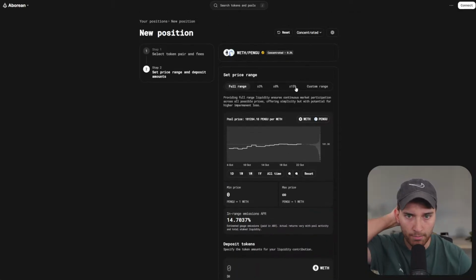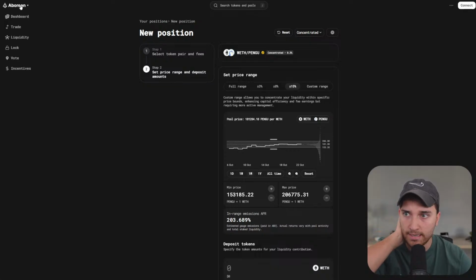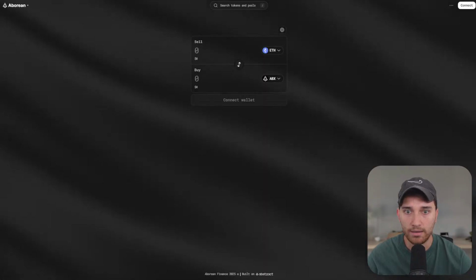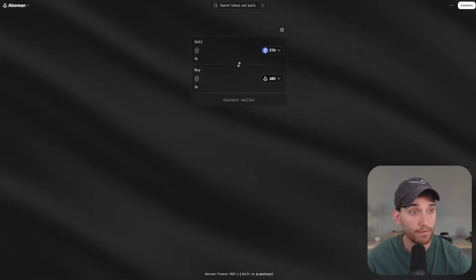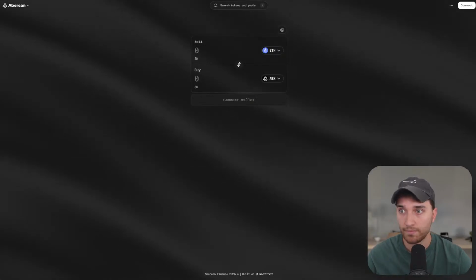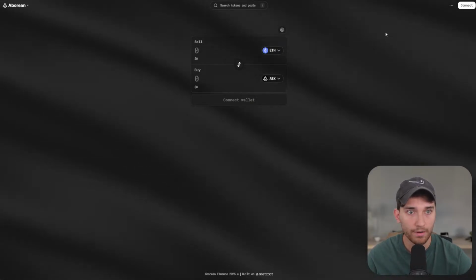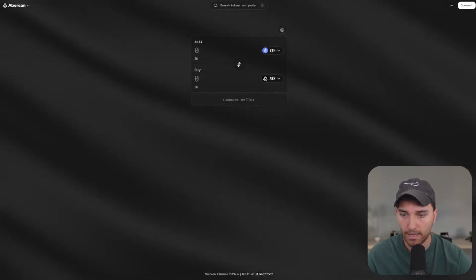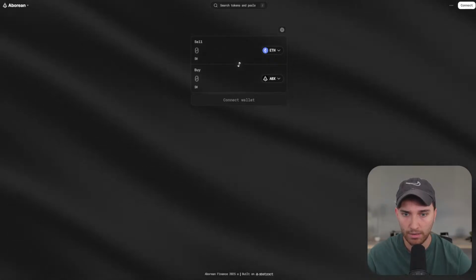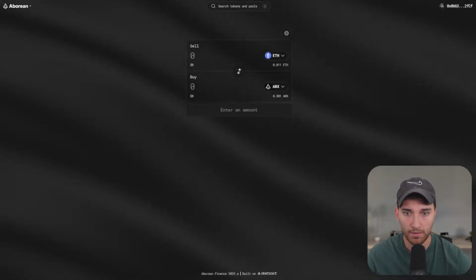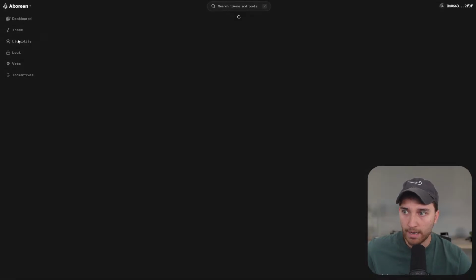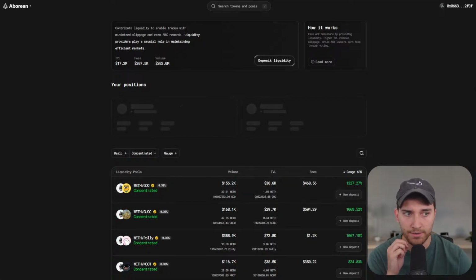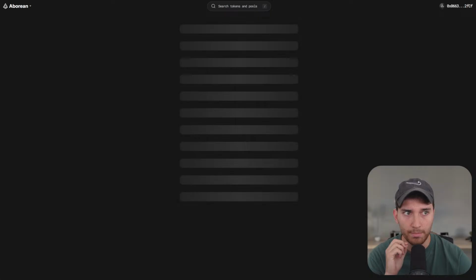So the way that Aborean works is if you deposit liquidity, as you can see, if I actually pull up the different screen that I have here, Aborean Finance. Let me do this on my personal one so I can share my personal liquidity pools here. I think this is me. There we go. And if I go to my liquidity pools, should be able to see, for example, I have 3 positions right now. So with Pengu and